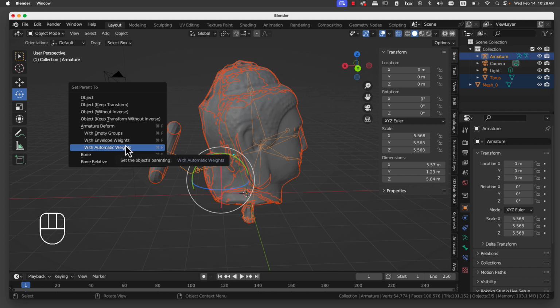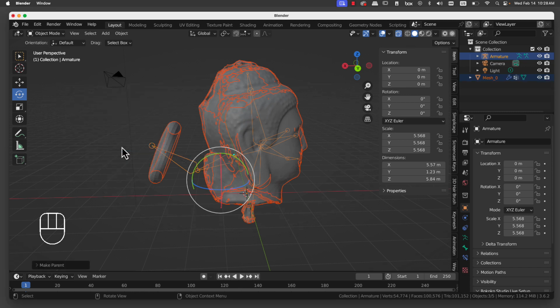Okay. So once you have this option, you have with empty groups, which you don't want to do. Okay. You have with envelope weights, which also you don't want to do, but it's sort of like standard distance, and you have automatic weights. Automatic weights means that thing that I mentioned about force of gravity. Okay. So you'll press with automatic weights,